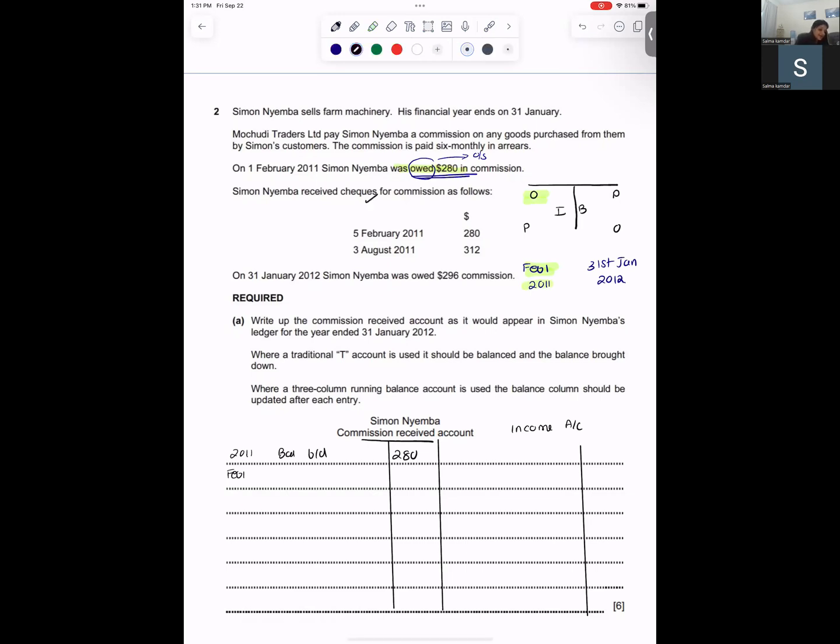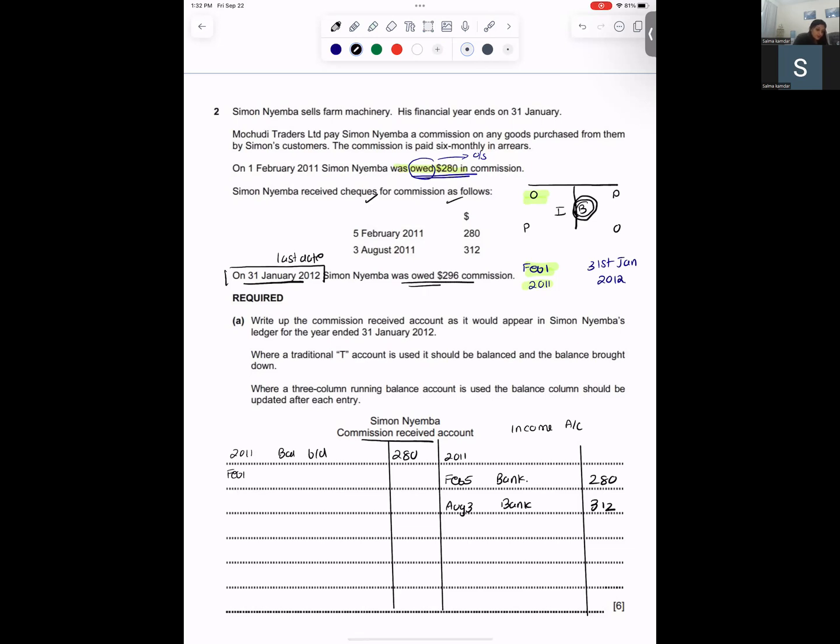He received checks for commission. Money received, bank. What dates have I received? I will just write the dates and start recording it. Feb 5, August 3. Received commission, bank and bank. 280 and 312. See ahead. On the last date, 31st January 2012 is the last date. On the last date,